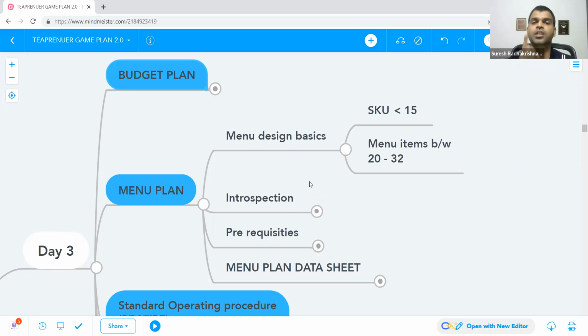If you're procuring sweet corn, that is one SKU. Sweet corn can be used as just sweet corn, a cup of sweet corn. You can sell it as a corn sandwich, a cheese corn sandwich, a chili corn sandwich. You can sell it in a corn wrap or corn paratha, or corn Maggi, sweet corn cheese Maggi, sweet corn chili cheese Maggi. Right? With one SKU, you can prepare multiple items.